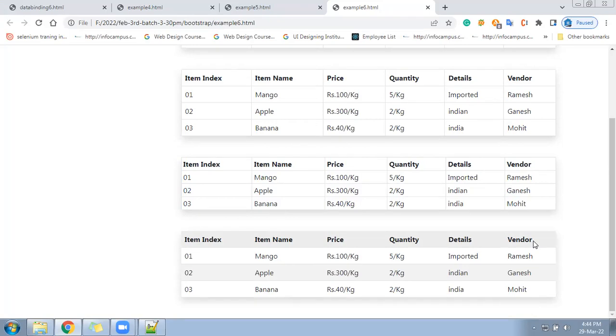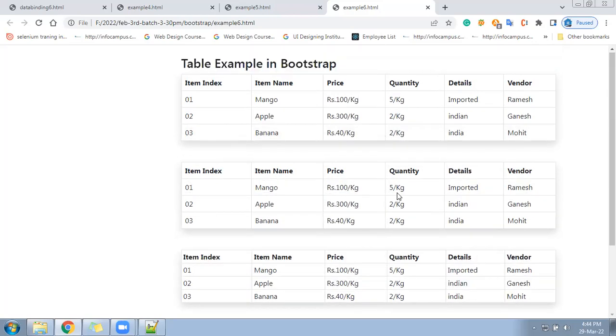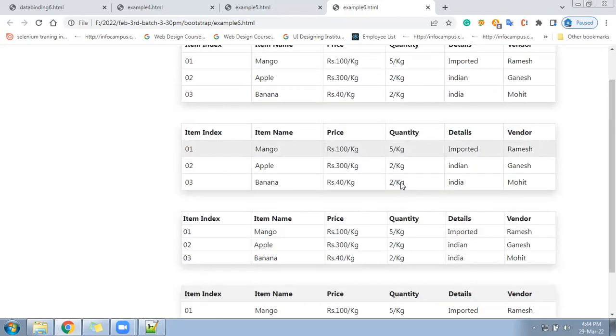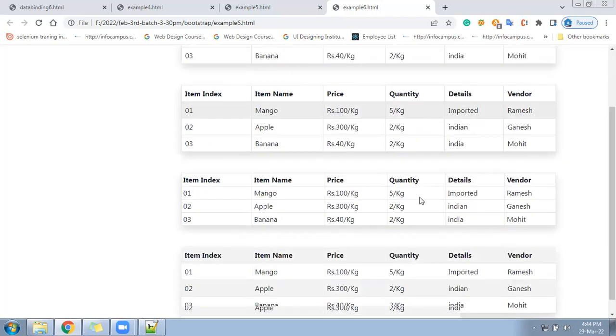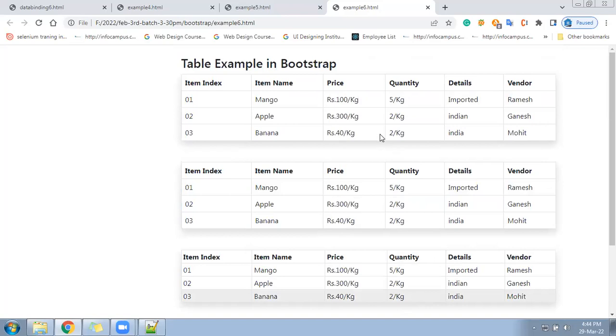So this is a better and fantastic look and feel from Bootstrap. While creating a table in a project, we can use this. It gives a very perfect look.